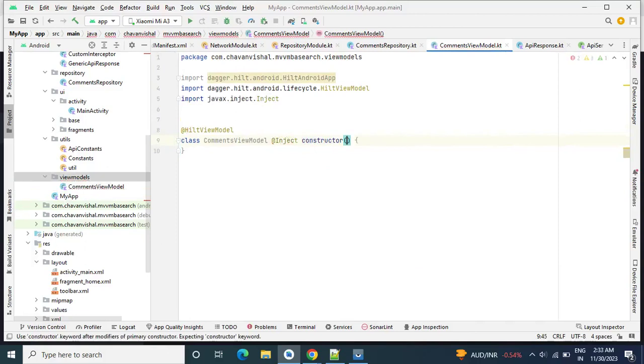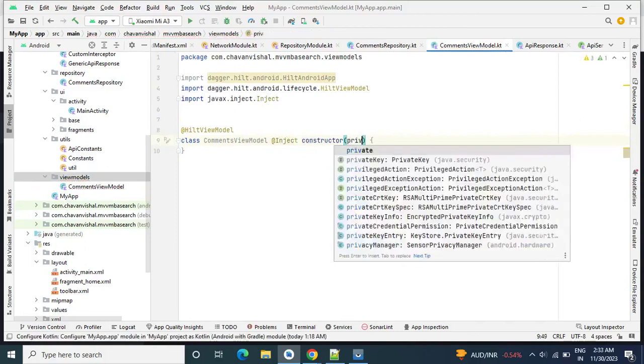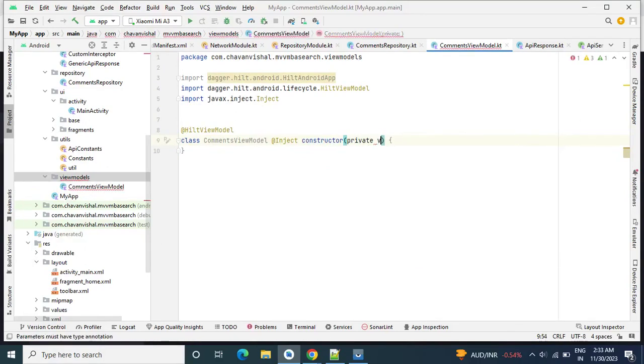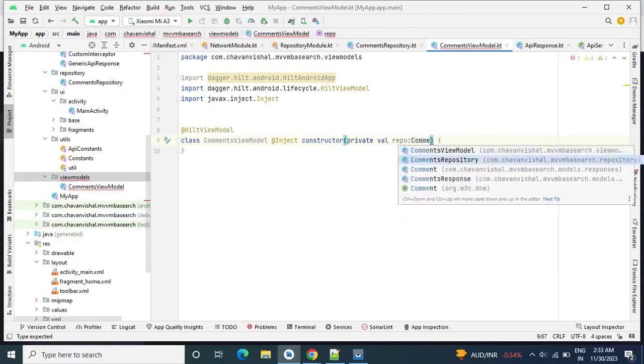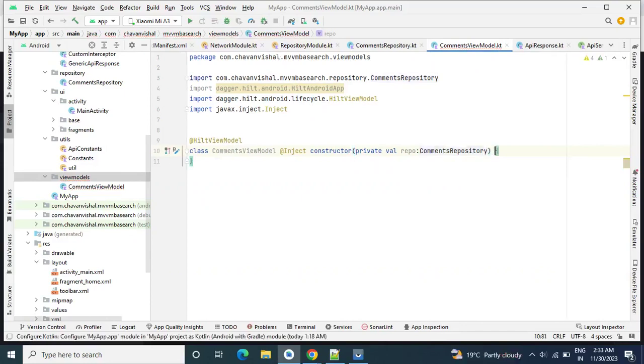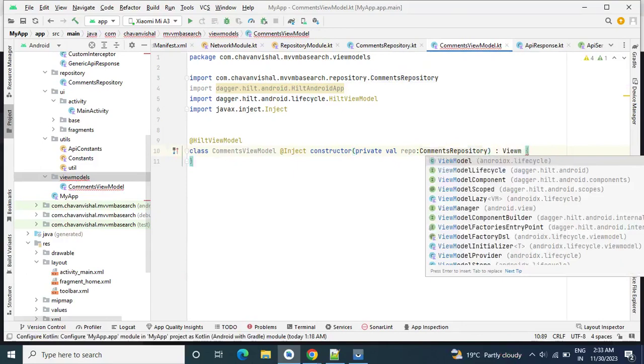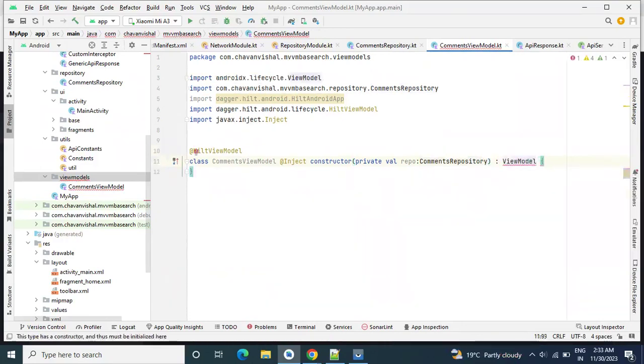Here we will pass our repository instance, val repo: CommentRepository. Okay, and this class will extend ViewModel.